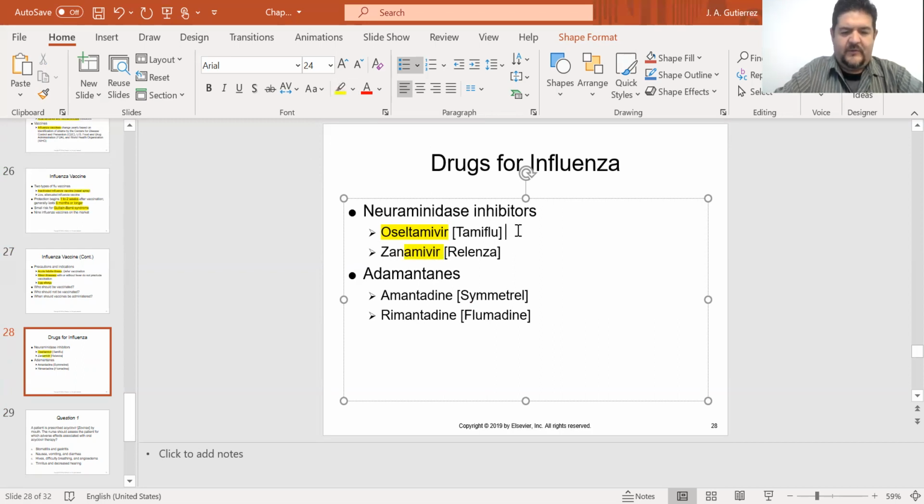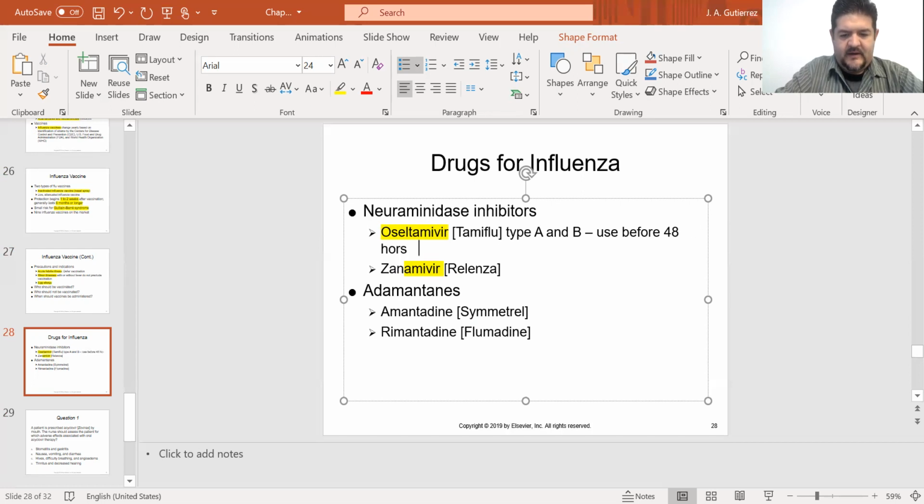Oseltamivir can be used for type A and B, and has to be used before 48 hours of